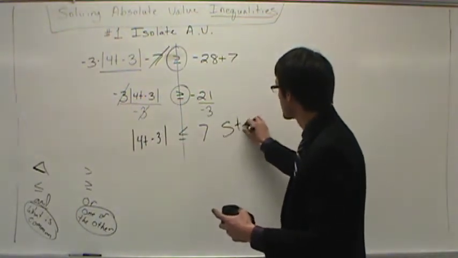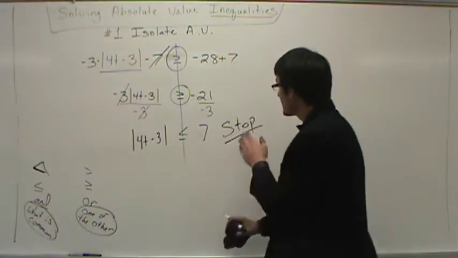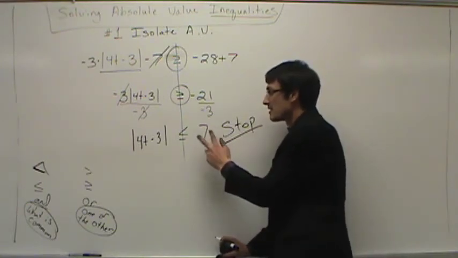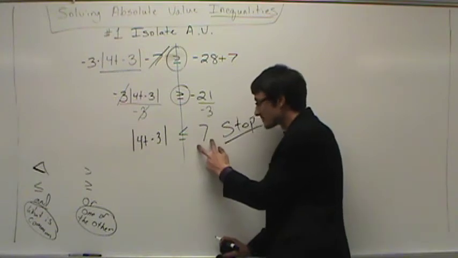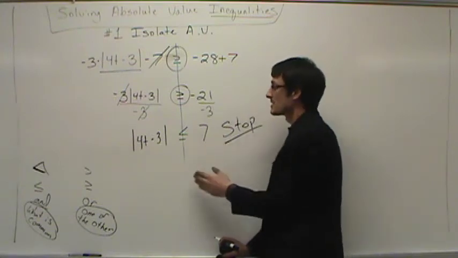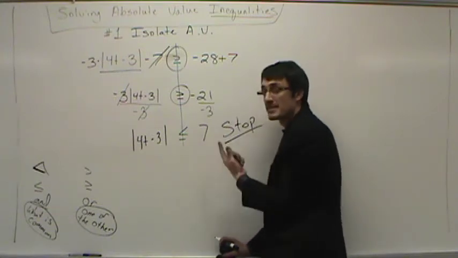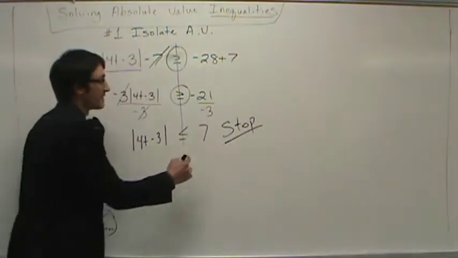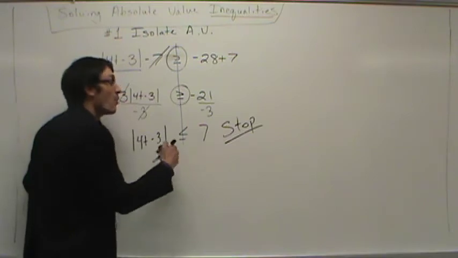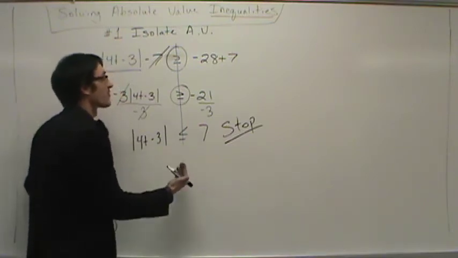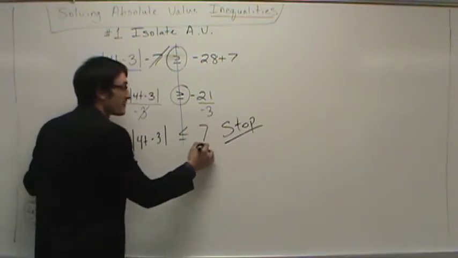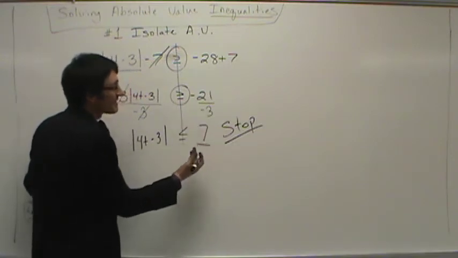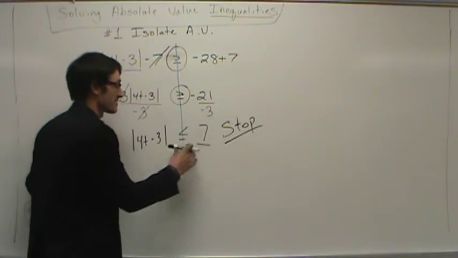Here, stop. Okay, there's your stop. Stop here and check. Is the right side positive, 0, or negative? Okay, the right side is positive. So what this means, and I haven't really gotten into this yet, I will in the next lesson. If this is 0 or this is negative, weird things start to happen. Okay, so for right now, it's positive, and for the test, it will be positive, so you can just kind of rest these. Positive basically means the solutions make sense, okay? Now,